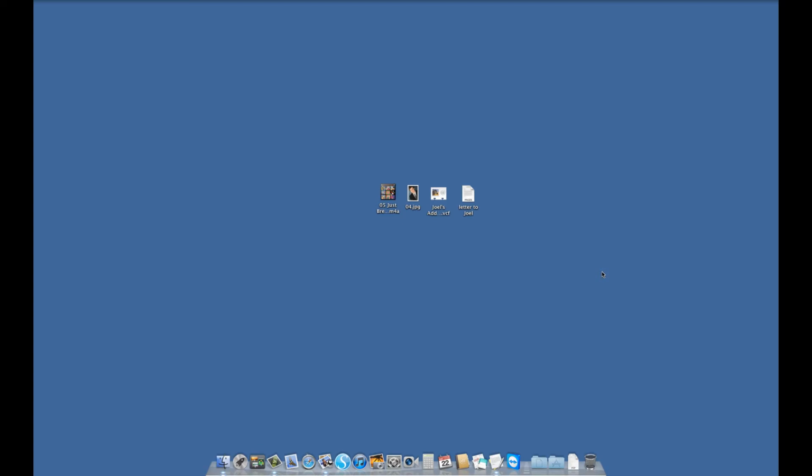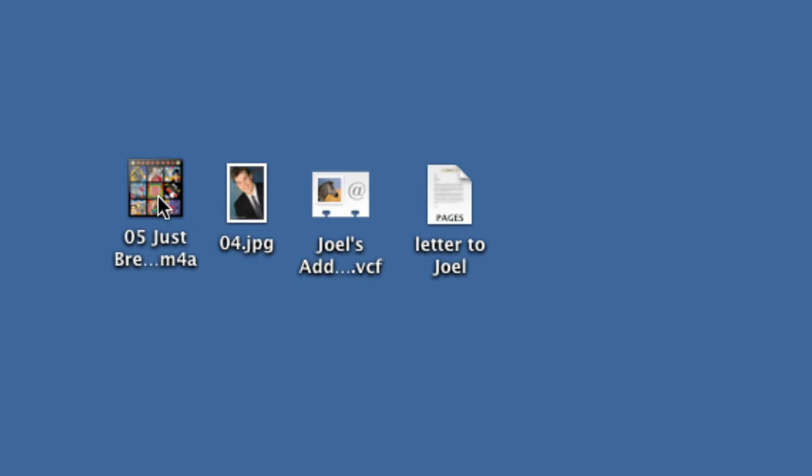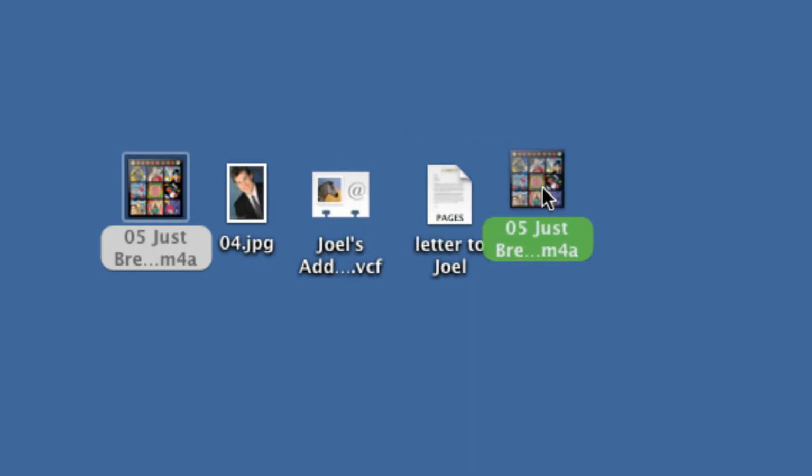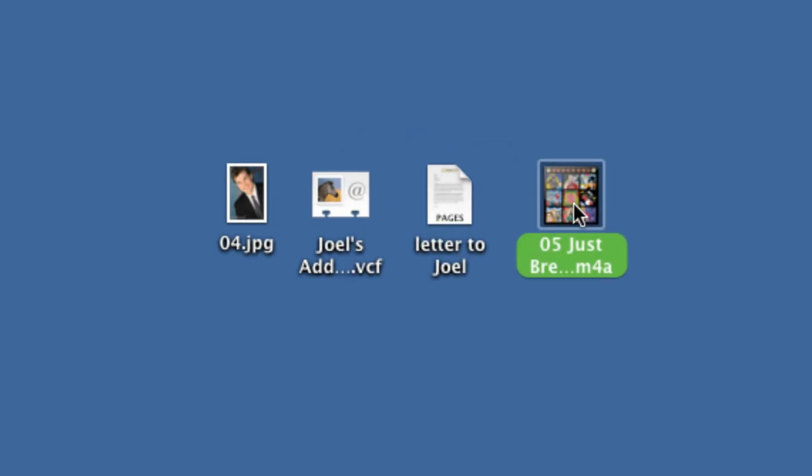Today we're going to talk about clicking and dragging multiple files. Last time we talked about clicking and dragging files, and again, just as a review, you click on the file, you hold down the mouse button, and that means you're holding that file. You're clicking on the icon, not on the text, because you don't want to change the name of it. And you just drag it to the new location and you let go of the mouse button, and that now